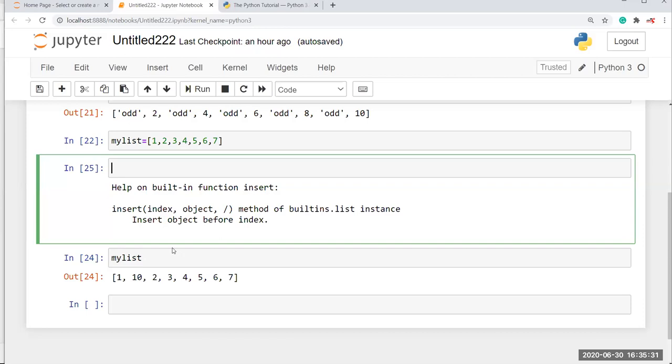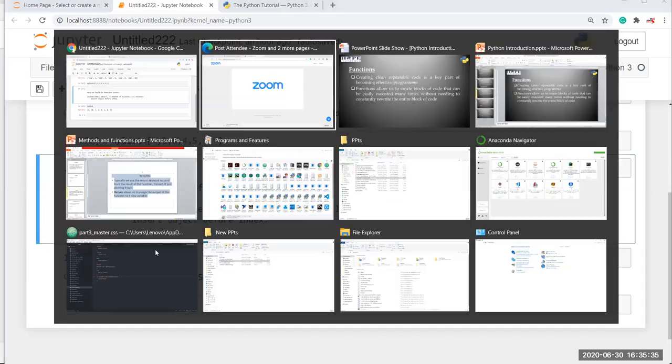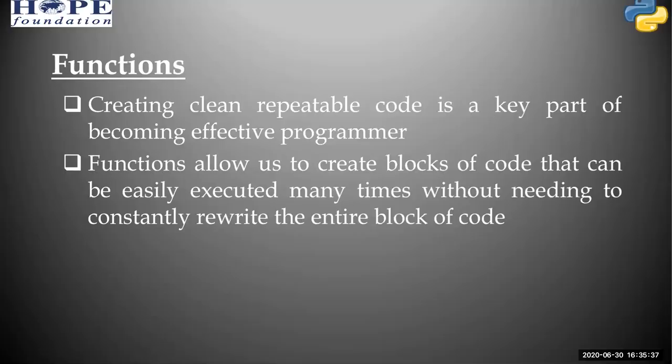Okay, so next let's see what functions are in Python. A function is used to save your set of code under some name, and you can use this set of code later in your program, wherever you want it.